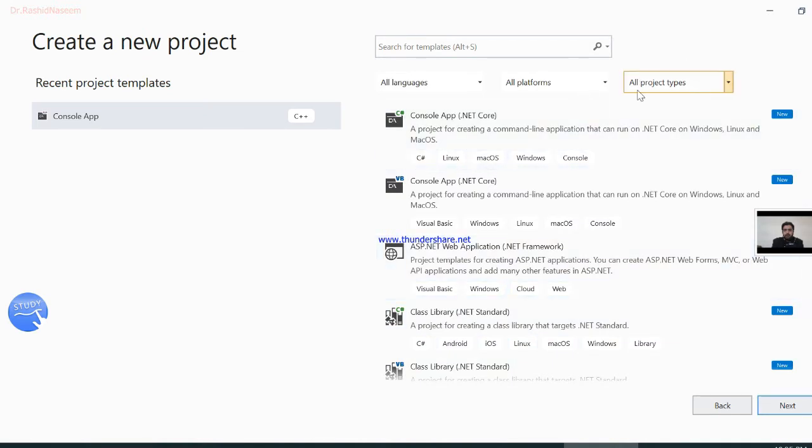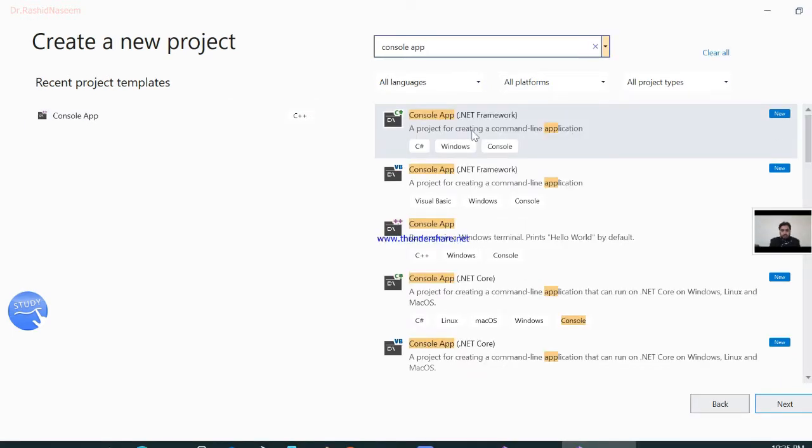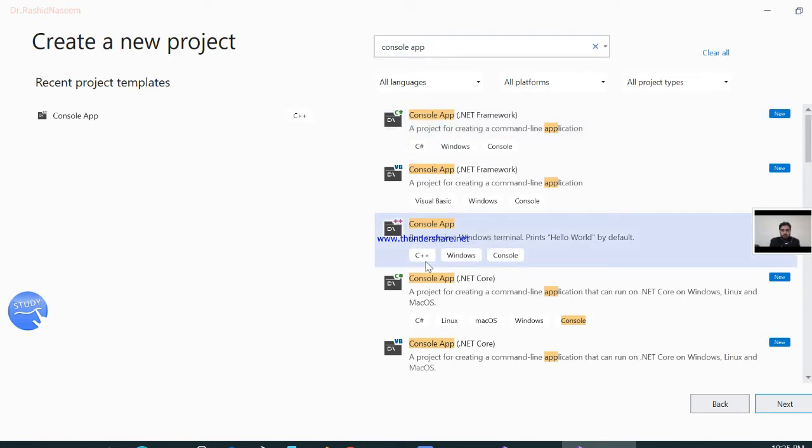Okay, and from here we need to create a console application using C++. You can search here for console app. So this is actually the console app for C++ programming.